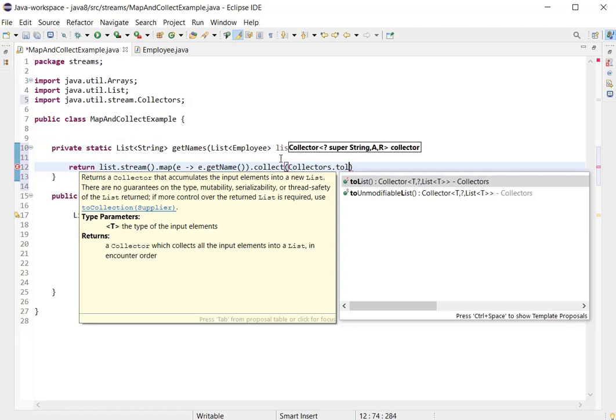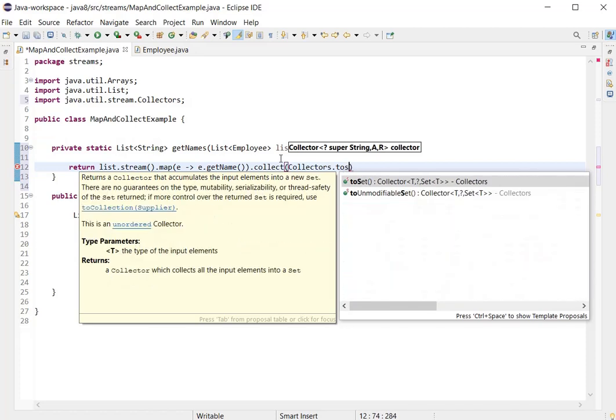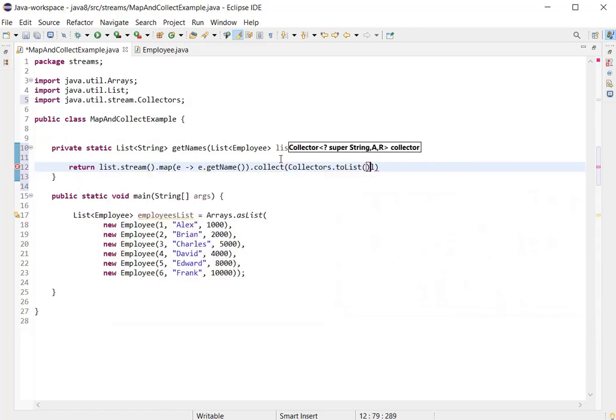If you want to return a set, you can use toSet. Multiple methods are available, you can go and watch. So I just return it, and it will return the list of names.